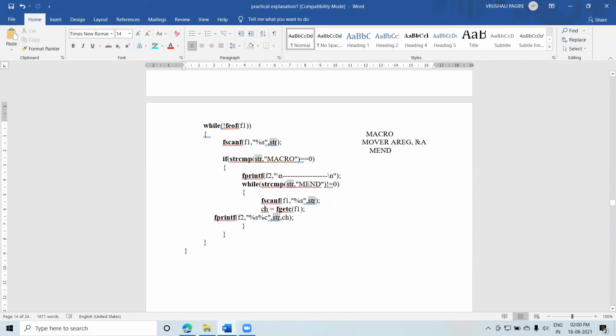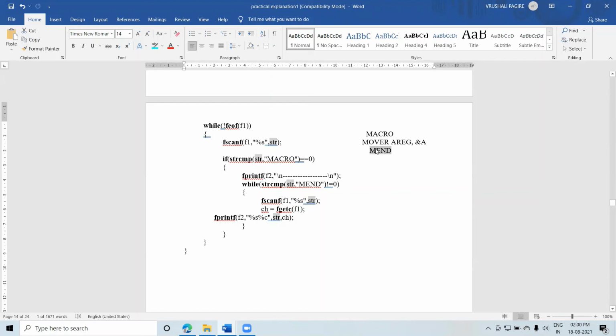So what is the next? That is the comma, then ampersand. So read the next word, then get the character. Then again check whether it is MEND. No. So now go to the next one. So MEND is there. Okay. So fscanf, read and keep, get all the characters, then display this MEND into your file and then check whether it is MEND.